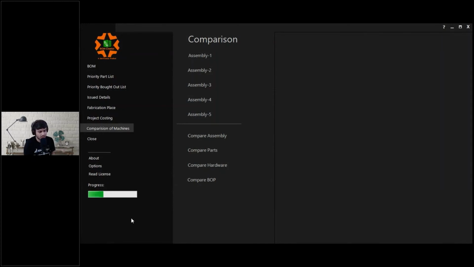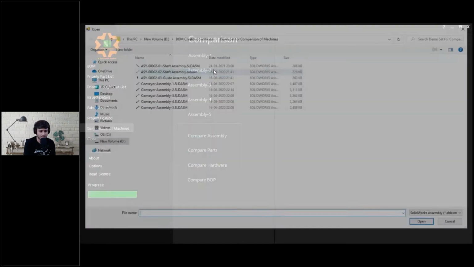You cannot browse multiple machines at the same time. You have to browse one after the other. The first is in process. As soon as the first is done, I'll browse the second, and we can have the lists out there. You can see what we are trying to do. We have tried to cover all the manufacturing gaps which we, as a designer or a manufacturing organization, face in day-to-day life. That's the reason we say automation of bill of material. Currently, we're just trying to automate the process.